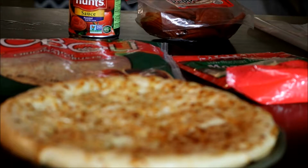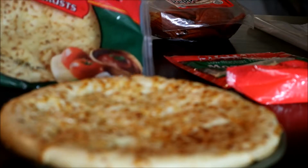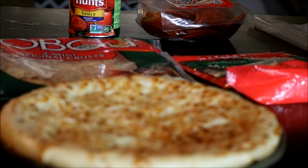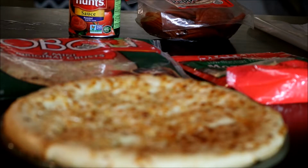I use also naan bread, N-A-A-N bread, and that's cheaper. And actually, a lot of times I'll use that if I want a softer crust. If I want something a little bit more crispier, I use the Boboli. So I've already spread it with my Boboli with oil, and next I'm going to